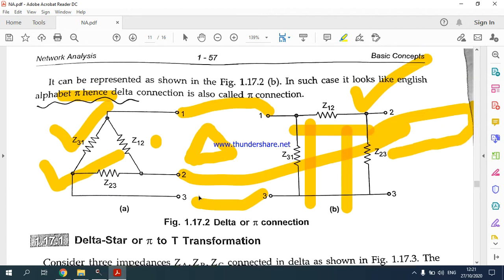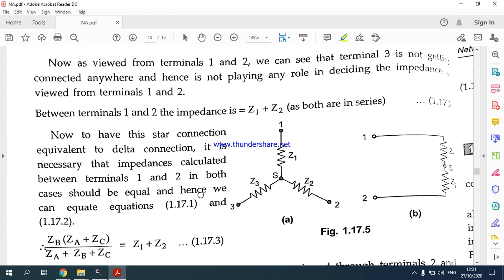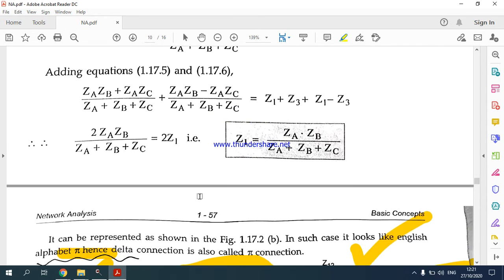After doing that simplification, they got the result Z1. You all go through that simple derivation, whatever is available. Fine. That is very simple. If you get any difficulty in that, in next class I will tell you where you are getting the difficulty. If you are getting any difficulty, you can ask me the doubt. Next class I will rectify that. But just now in this session, I will just focus on the result.